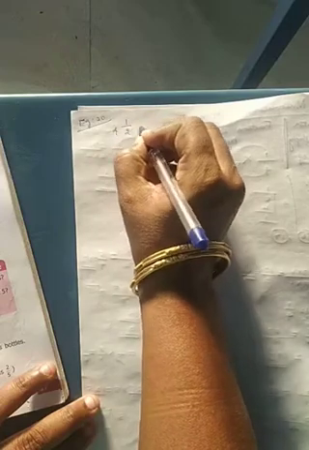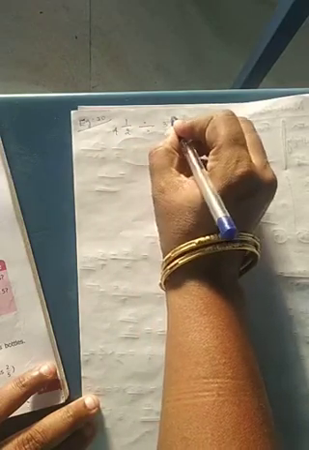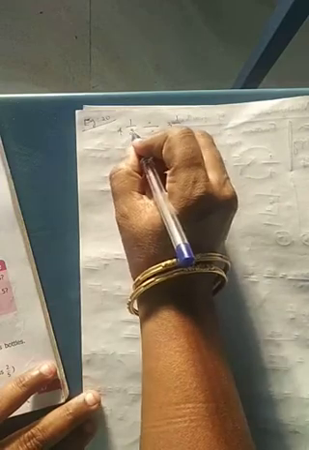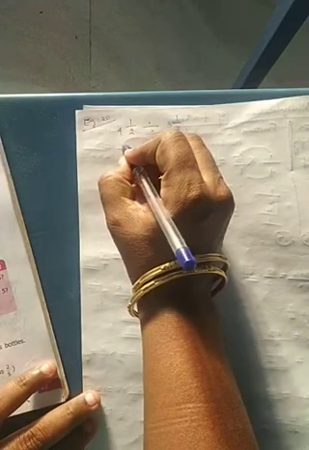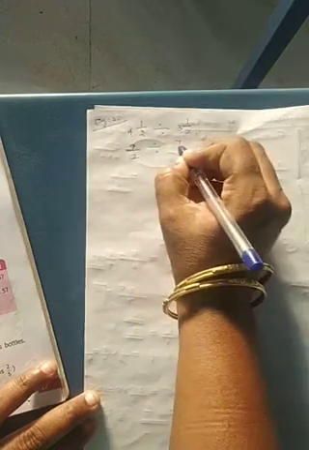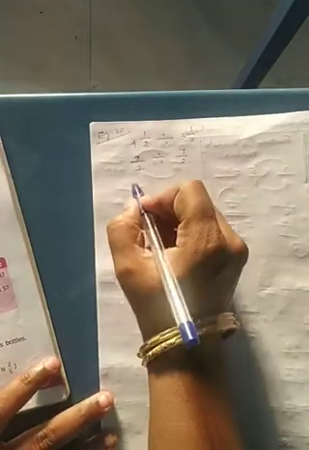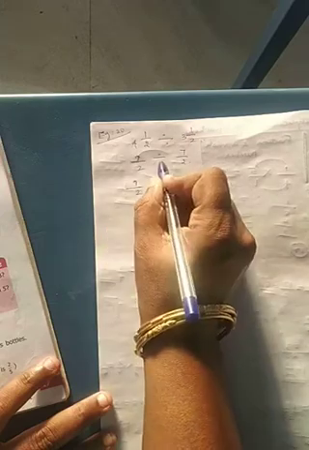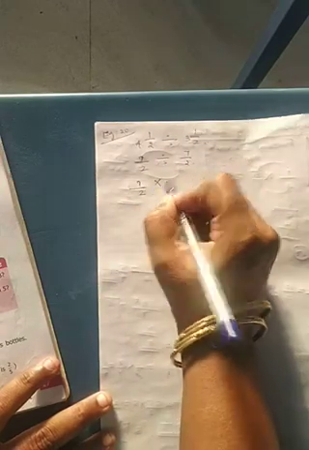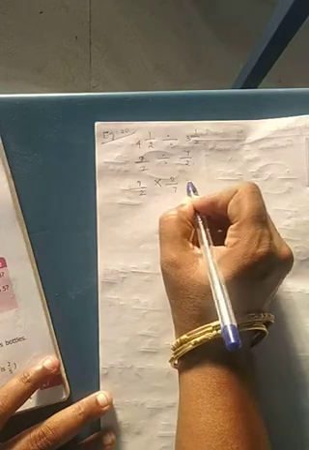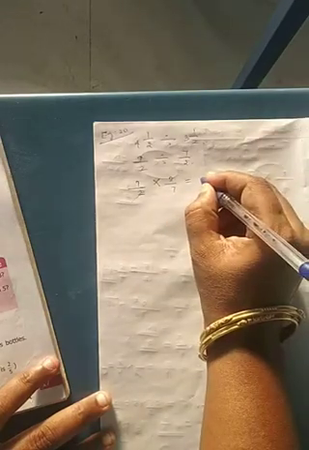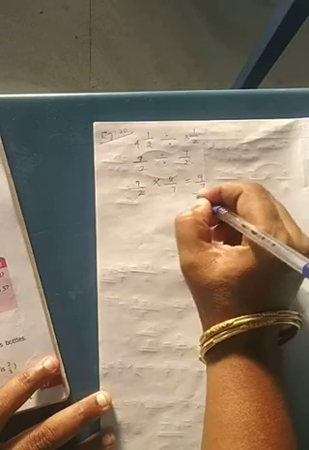Okay, now we will do example 20. That is, divide 4 and a half by 3 and a half. Both are mixed fractions. Convert them into improper fractions. So this is 9 by 2 divided by 7 by 2. What can I do? First of all, this division is becoming multiplication. The reciprocal of 7 by 2 is 2 by 7. This 2 will get cancelled, so that will become 9 by 7, which is the answer.